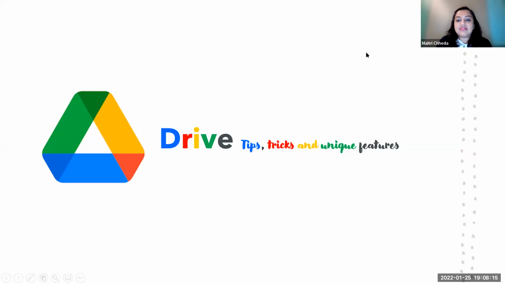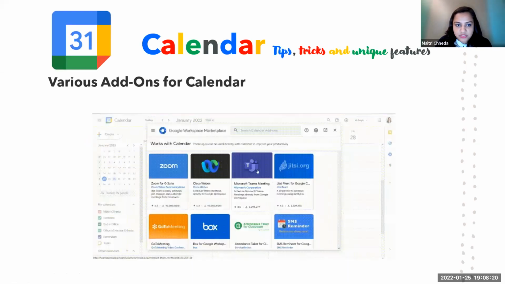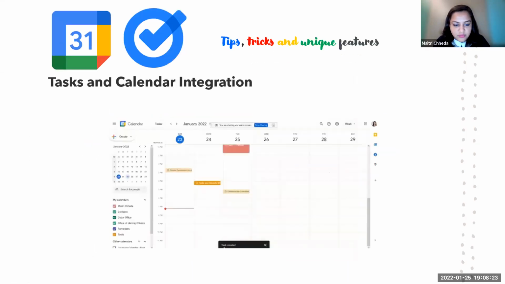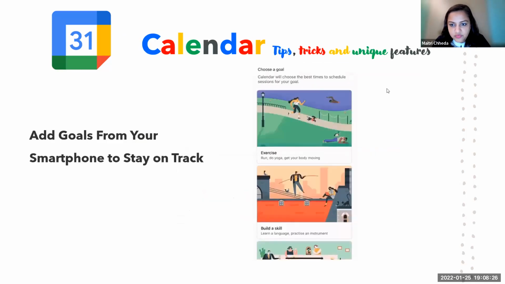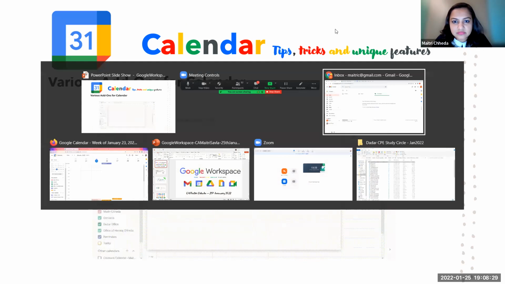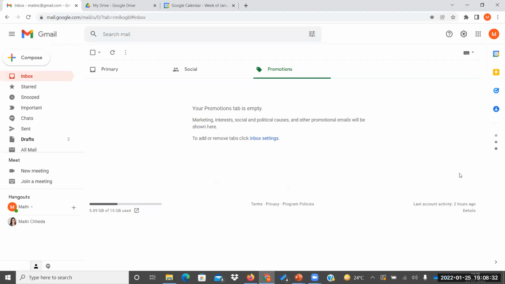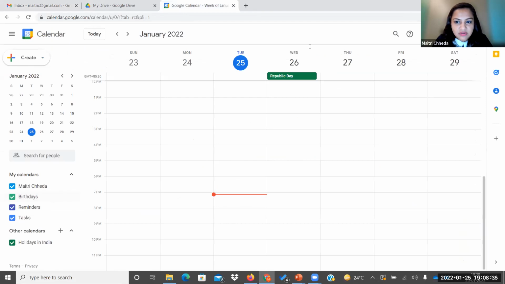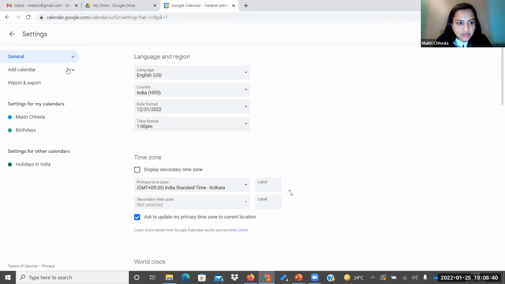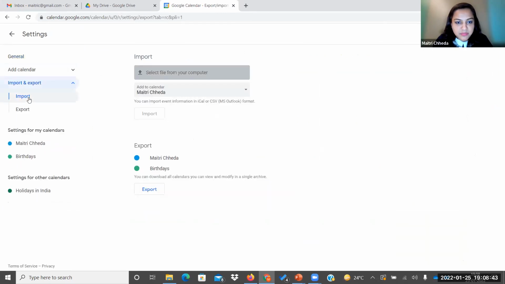So you can sync your Gmail into your Windows calendar. Or what you could do is you can import. There's an option over here. I'm not sure whether I can show it to you from here. Let me see if I can show it to you. One second. Yeah. So you go to Google Calendar, you have an option, you go to settings, and you have import and export. You directly import a calendar. You have to download an iCal file from your Office 365 calendar and upload it over here, or export this and upload it to your Office 365.